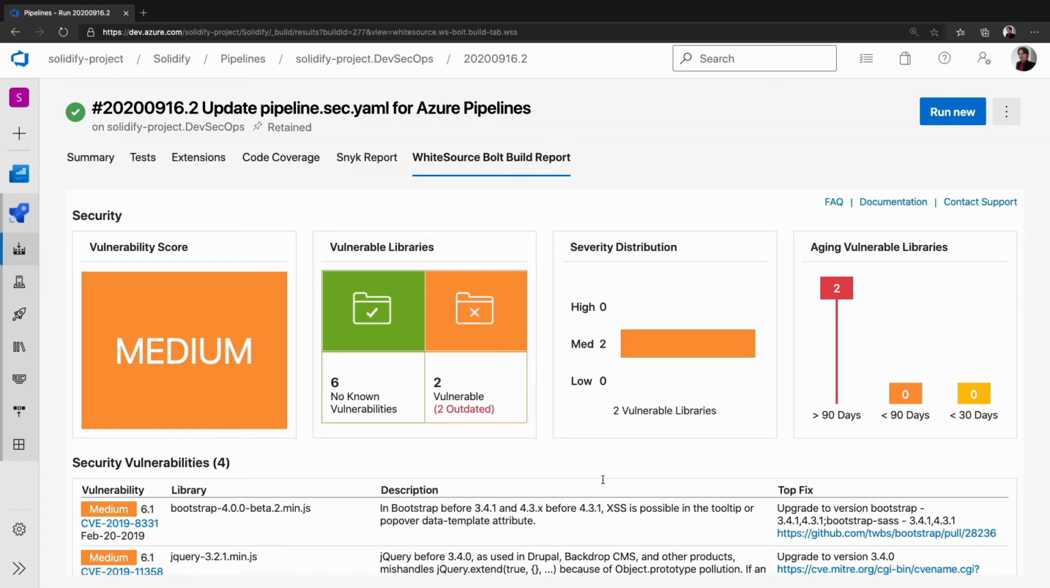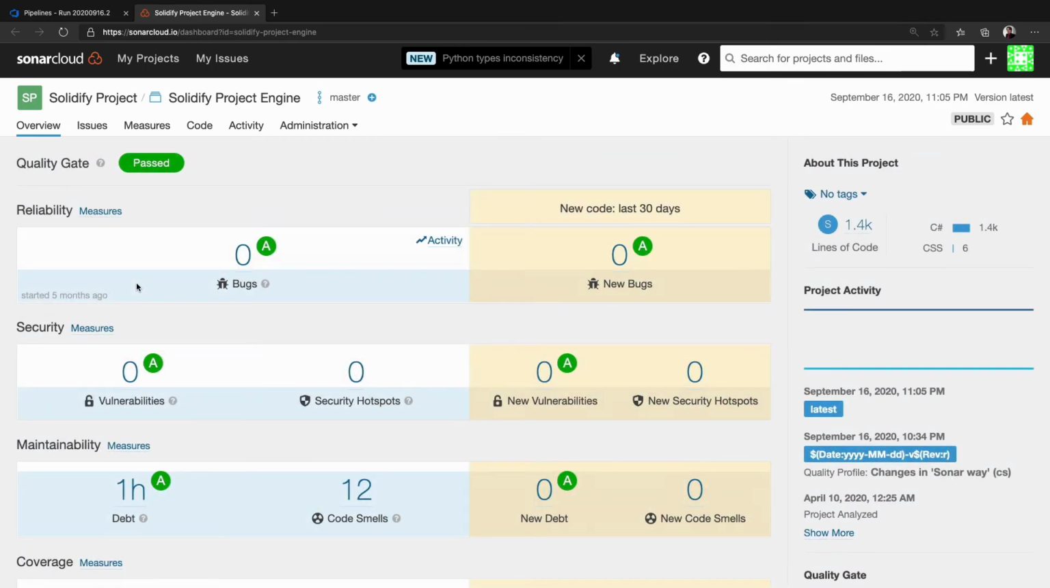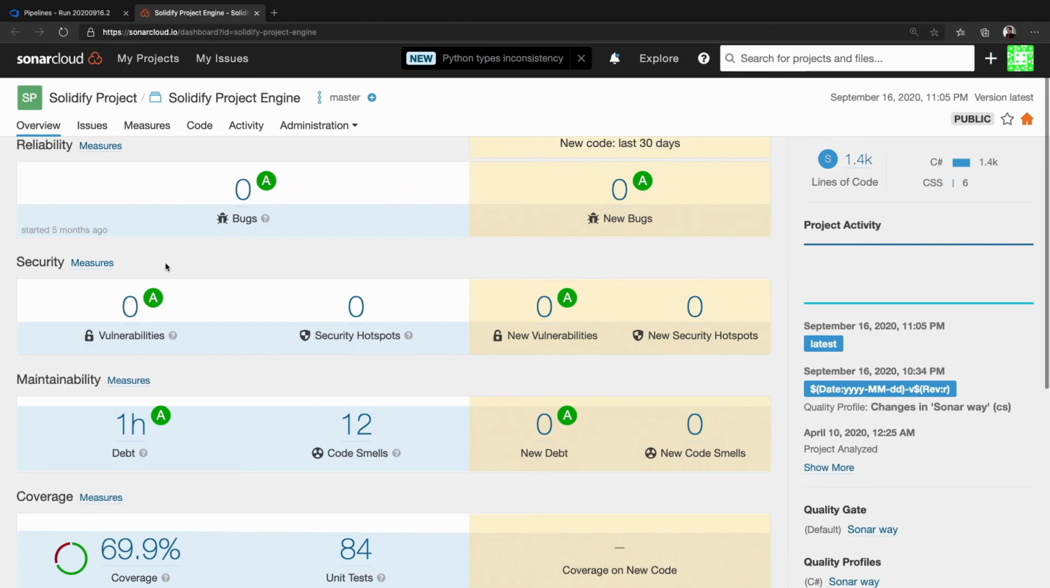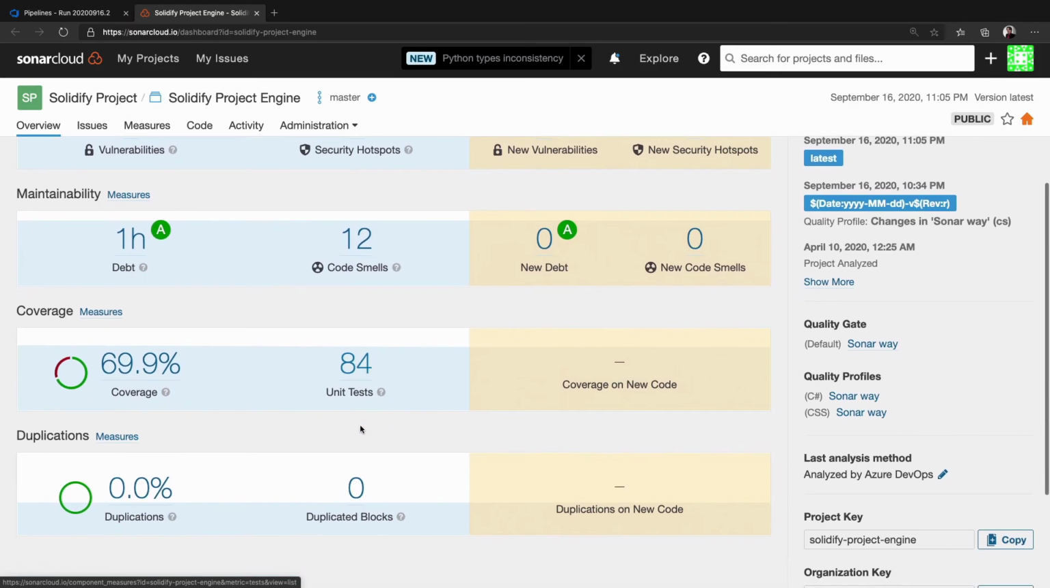so now I know exactly what I need to fix. And last but not least, let's check what we have as a part of our SonarQube report. So let's go to the extensions tab, and let's go to the detailed SonarCloud report link. I will be redirected to another portal, and this is the result of my SonarQube analysis. As you can see, everything is really good, so that's 0 bugs, 0 security hotspots, stuff like that. So 84 unit tests were run during that build, and the code coverage that I have is almost 70%,